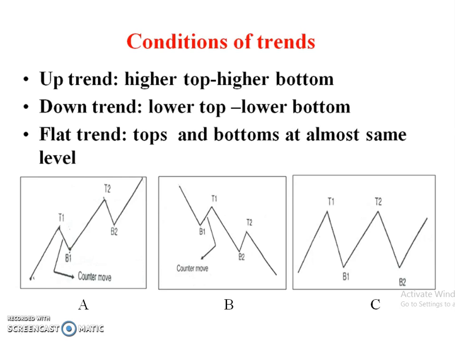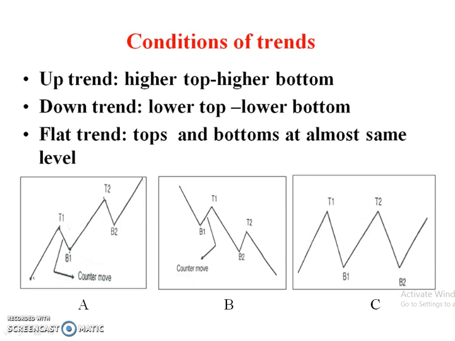or the uptrend. The downtrend is identified by lower tops and lower bottoms. In the centered figure, the top T2 is lower than the top T1, and the bottom B2 is lower than the bottom B1. This forms lower top and lower bottom. If you observe lower tops and lower bottoms in the price chart, then the trend is identified as falling, or